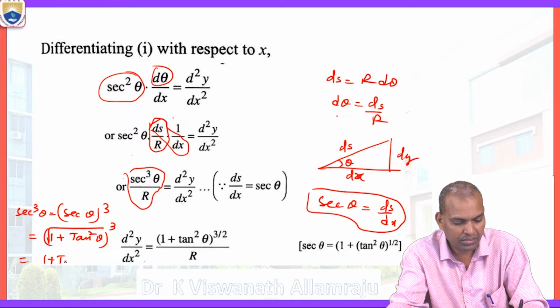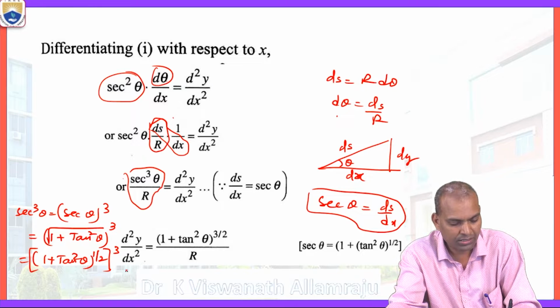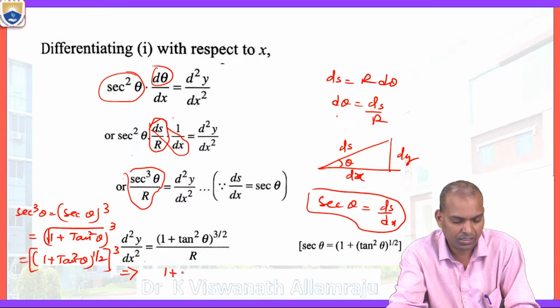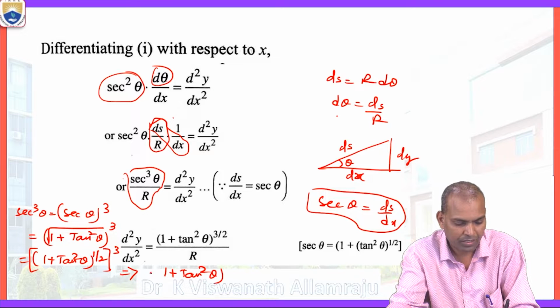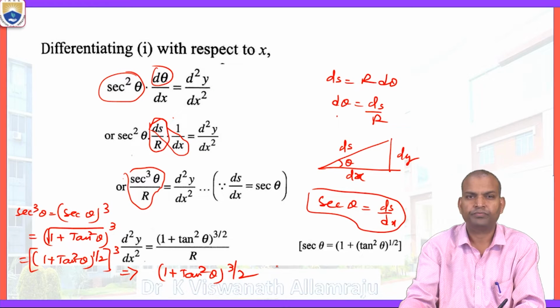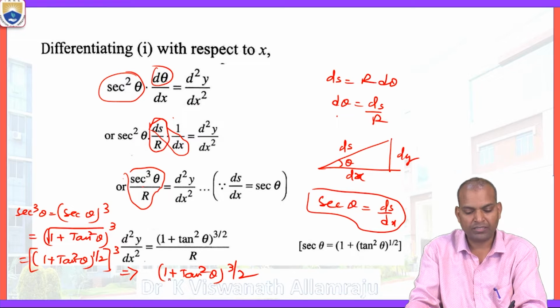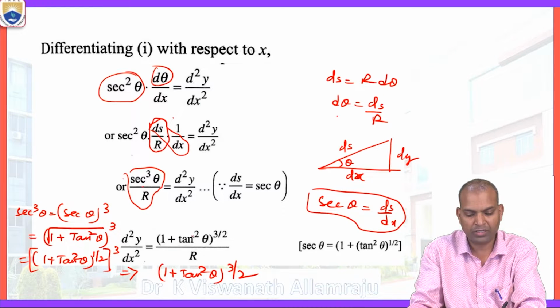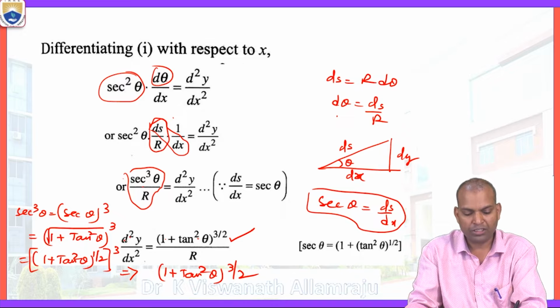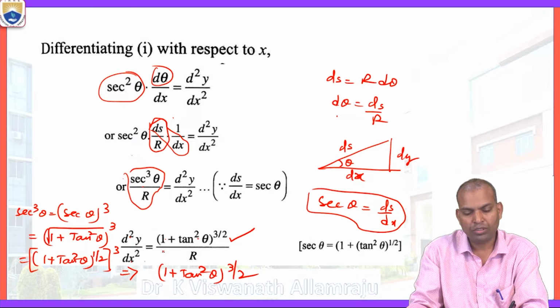That is 1 plus tan square theta power 1 by 2 and power 3, which is 1 plus tan square theta power 3 by 2. This is the secant cube theta. In its place, substitute 1 plus tan square theta power 3 by 2. Now d square y by dx square equals 1 plus tan square theta power 3 by 2